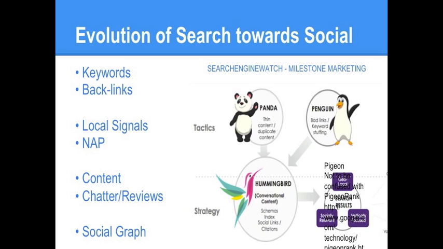Content, again, increasingly important. They're looking at the chatter, how are people talking about you, and reviews. This has just happened in the last 3 months. It's been almost 2 years where all of a sudden you just could not find a Yelp review on Google. It used to be you'd look for a business and a Yelp review would show up pretty quick. Just this fall, all of a sudden Yelp's back. And Yelp is showing some really heavy results, even in markets like Omaha where Yelp does not have heavy usage.